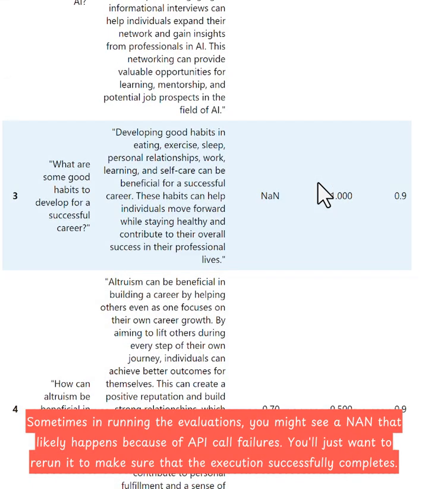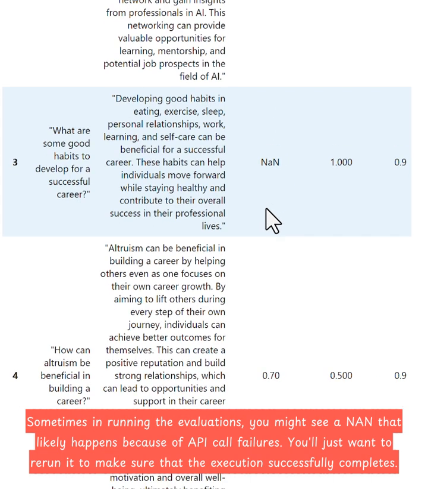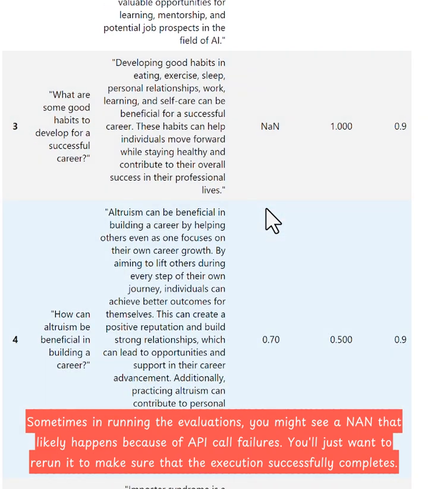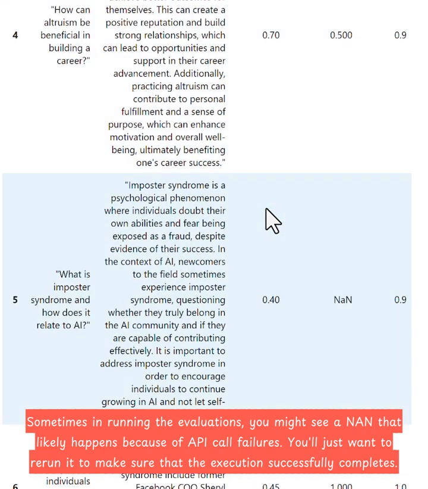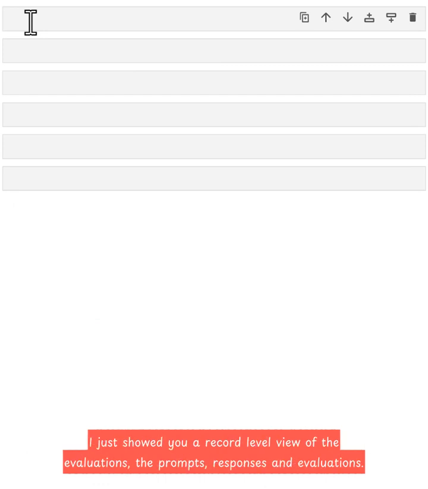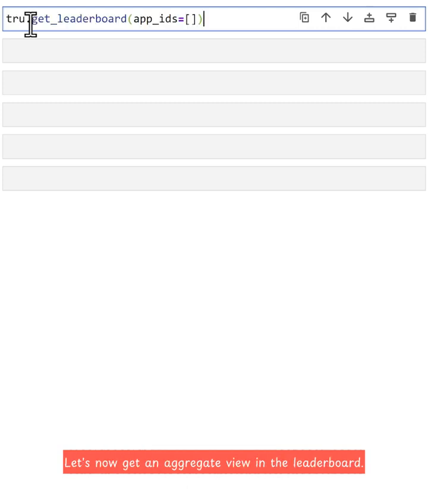Sometimes in running the evaluations, you might see a NaN. That likely happens because of API call failures. You'll just want to rerun it to make sure that the execution successfully completes. I just showed you a record level view of the evaluations, the prompts, responses, and evaluations. Let's now get an aggregate view in the leaderboard,